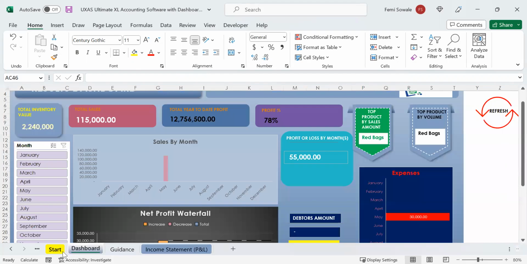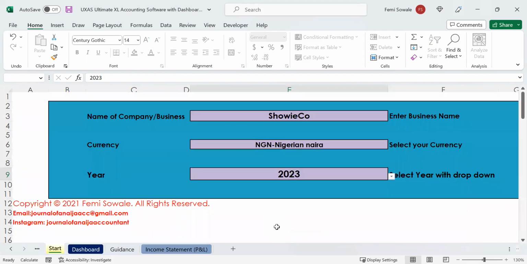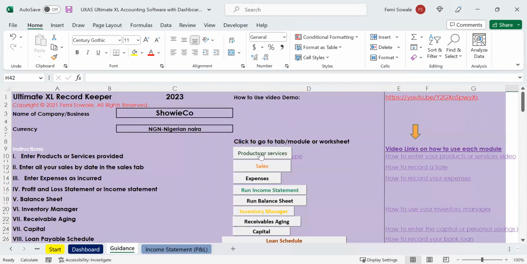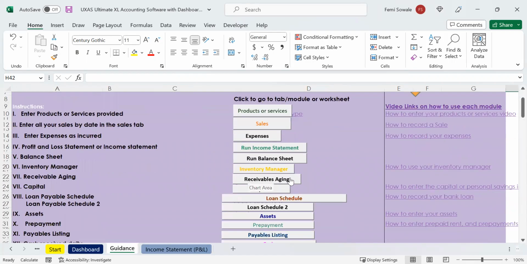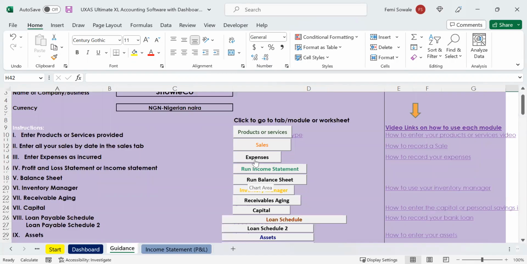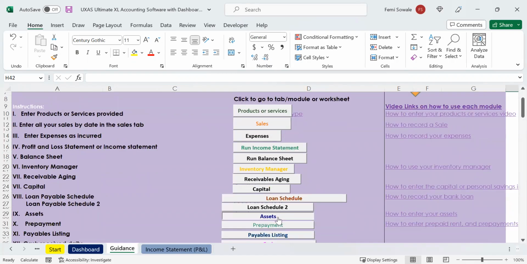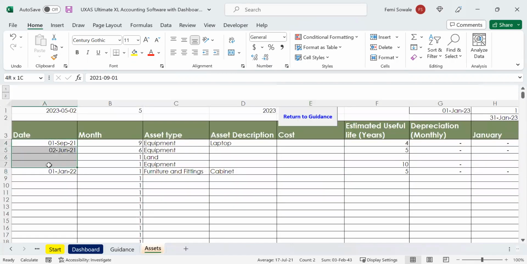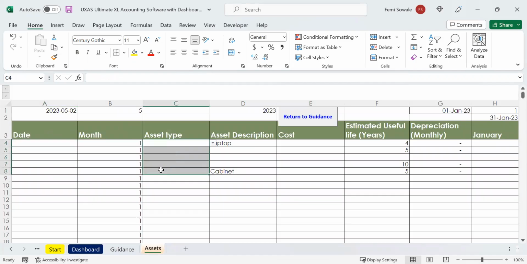So again, let's show you how this works with people that have assets. You have a computer, a vehicle, furniture, leasehold improvements, whatever it is. So let's say you have some assets, you click on assets. I'm just going to clean out the dates, and clean this out so it's not confusing anyone. Clean all of this out. Now, if this were